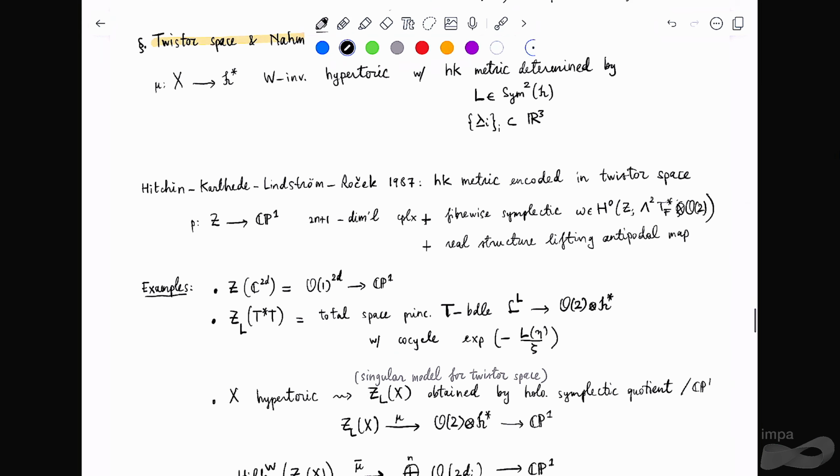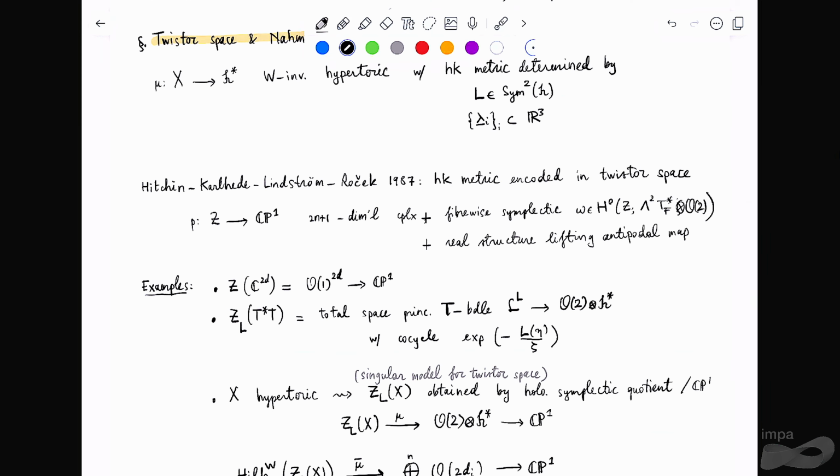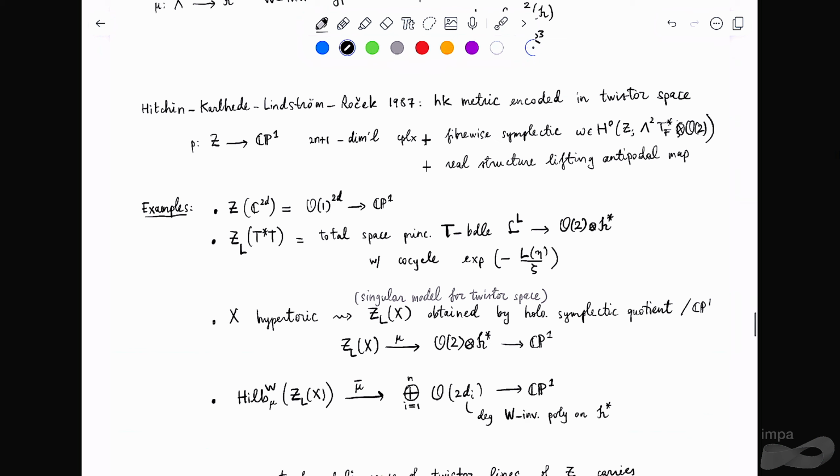Okay, so this is it. For example, the twistor space of flat space is just a vector bundle, copies of C^2n over CP1. The twistor space of the flat metric on T*T is the total space of a certain principal torus bundle